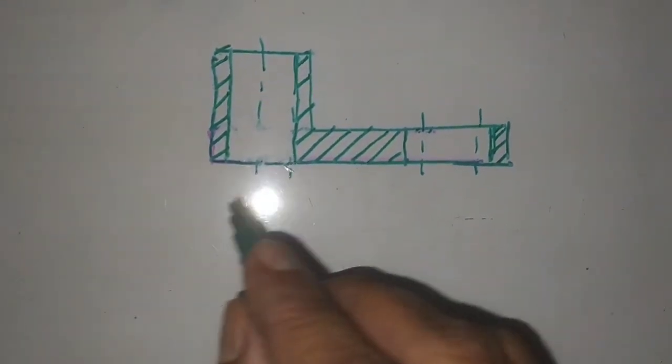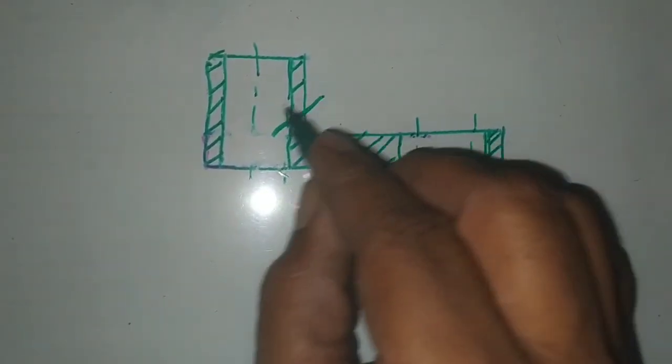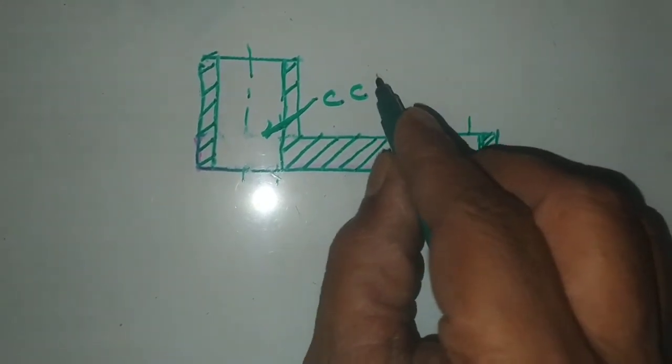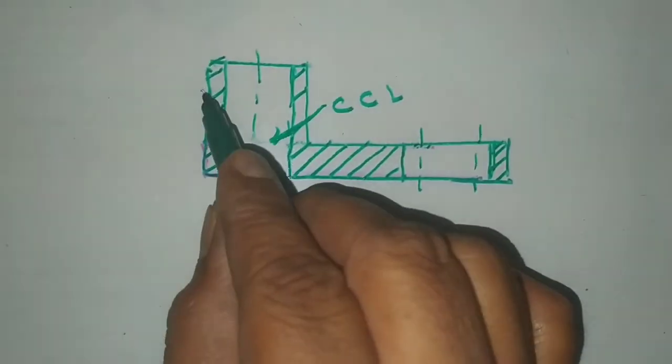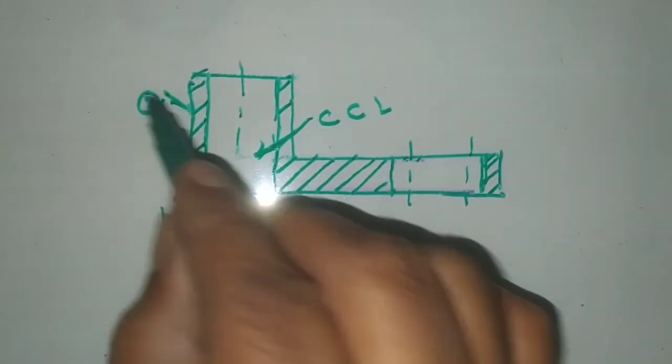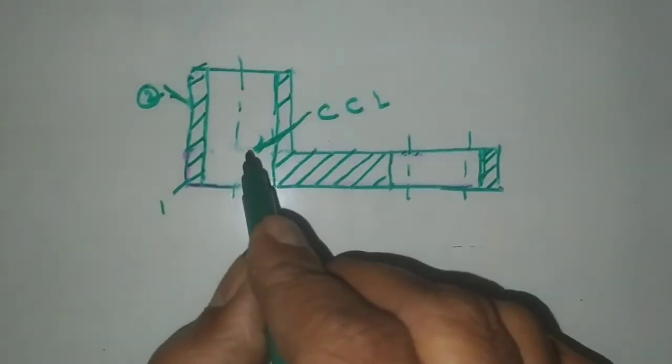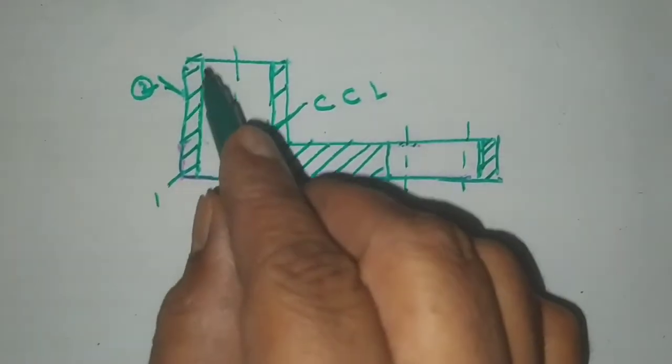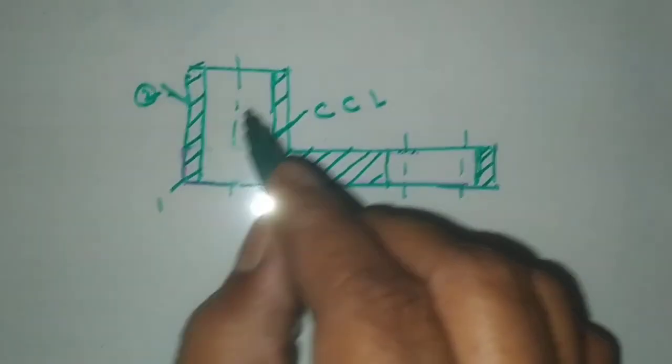How the changes will happen, we have to remember the common contact line. This is most important. The common contact line is between, this is the cylinder, this is part 1, this is part 2. The common contact line between two parts is removed. And here we have converted dotted into dark, and we have drawn the section line.